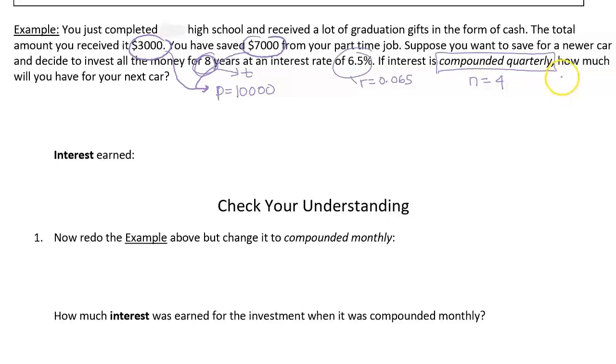Now it says, how much will you have for your next car? We want the future value of this account. So future value equals 10,000, which is our principal, times 1 plus the rate over the number of compoundings, which we said was 4, all raised to the 4 times the number of years, which is 8. When you put this in your calculator, you get